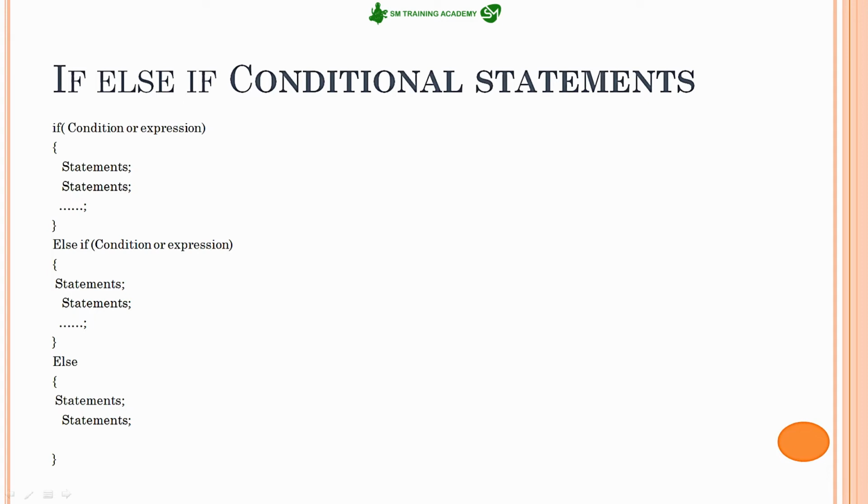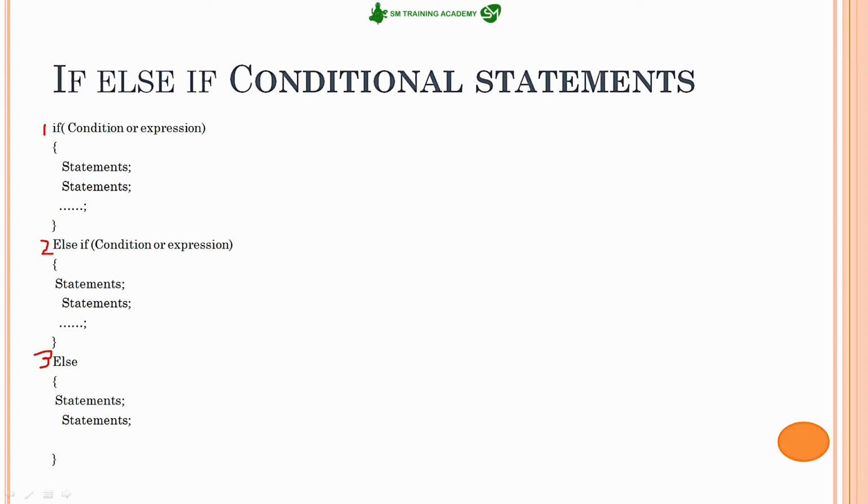And what if we have 2 or 3 conditions which need to be checked before executing a certain part of code? You can see on the screen we have the if condition, which is one condition, and we have a second condition inside this else if,